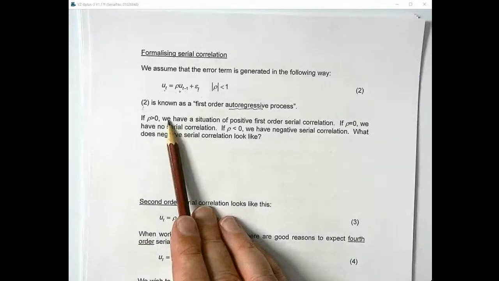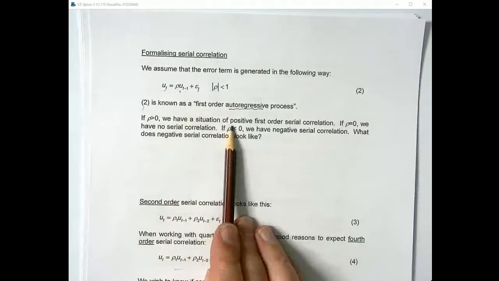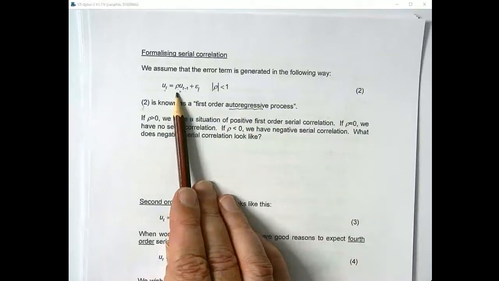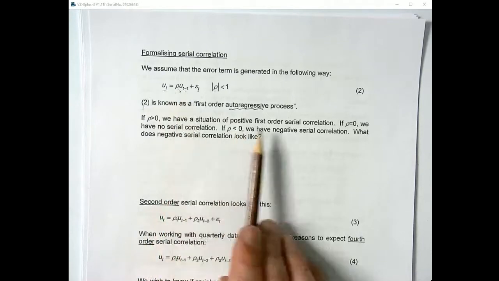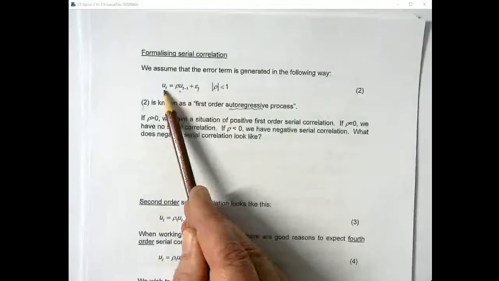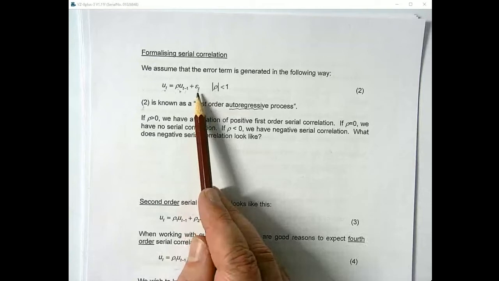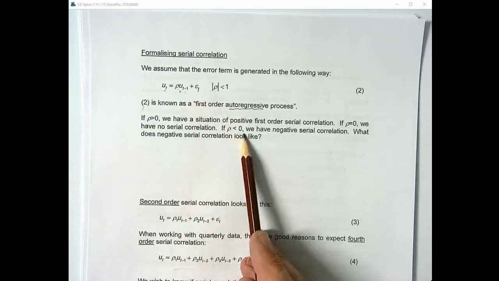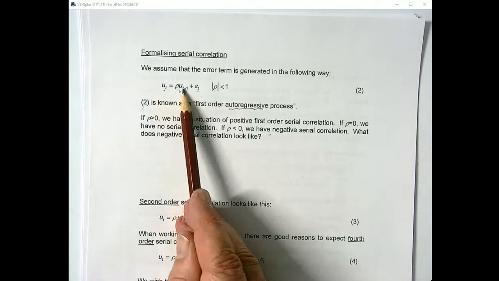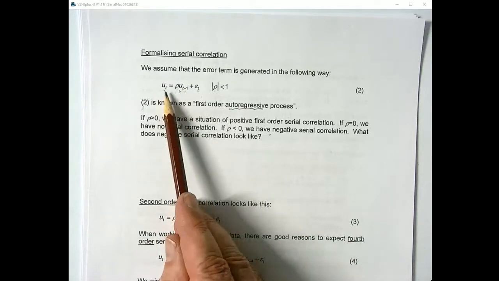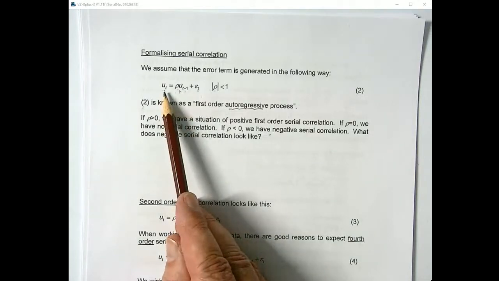If rho is positive, we have a situation of positive first order serial correlation. That means that ut and ut minus 1 are positively correlated. If rho is 0, then this term disappears and we are left with epsilon t. We have no serial correlation, because think of epsilon t as a well-behaved error term. If rho is negative, we have negative serial correlation. That means that ut and ut minus 1 are negatively related. So if ut minus 1 was very high, then ut is going to be high and